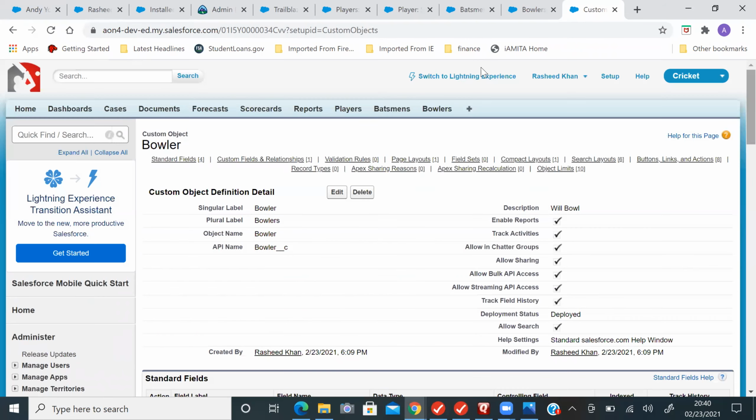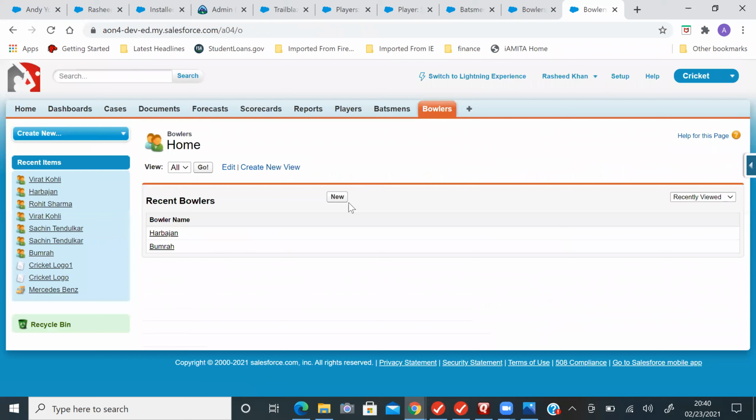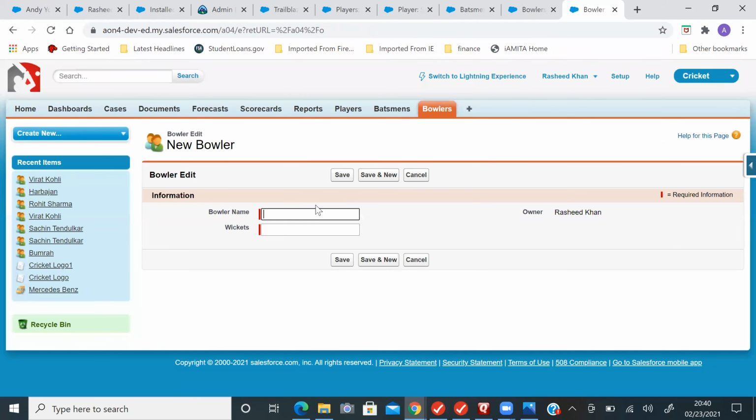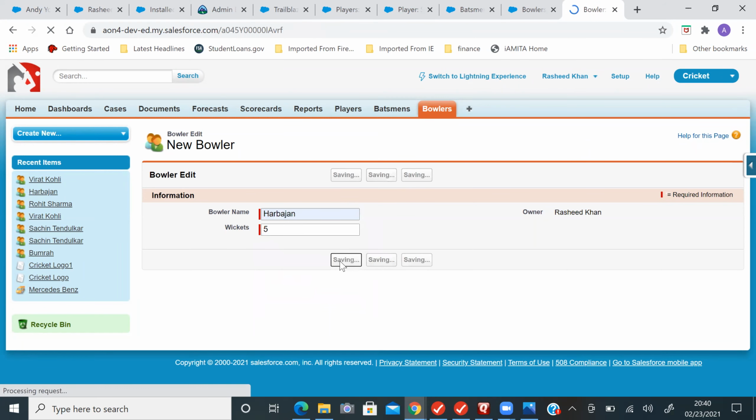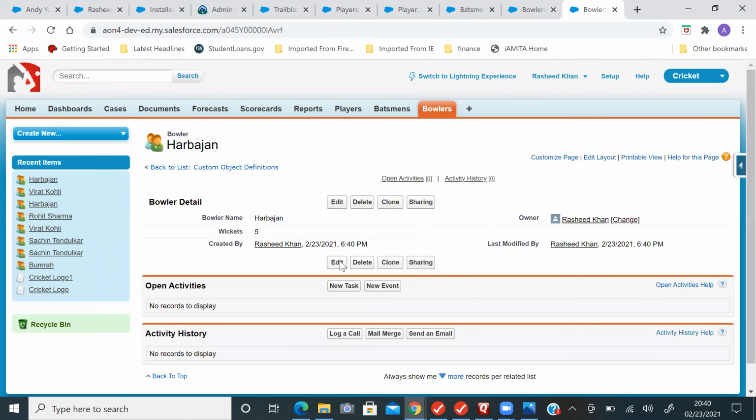Sometimes they start with what is a standard object, what is the difference between standard and custom object, what are roles and profiles, and they don't dive deep into it. It depends on which client we are working for. For example, for the past 2 years I'm working for one of the US clients, and they are only interested in data loaders.